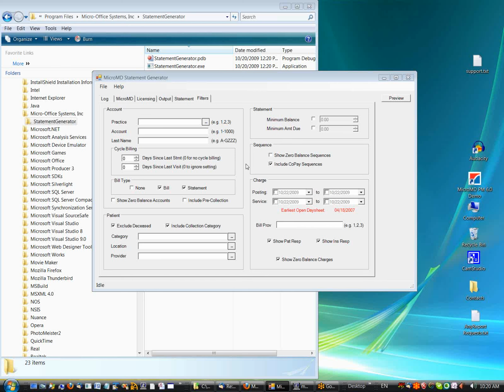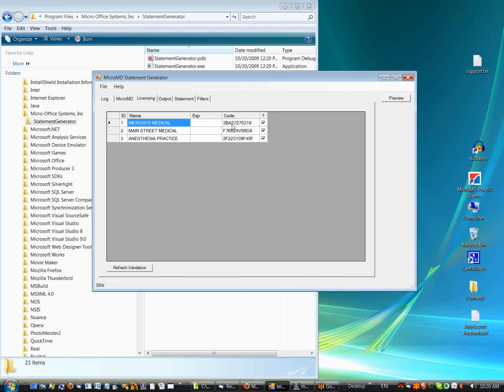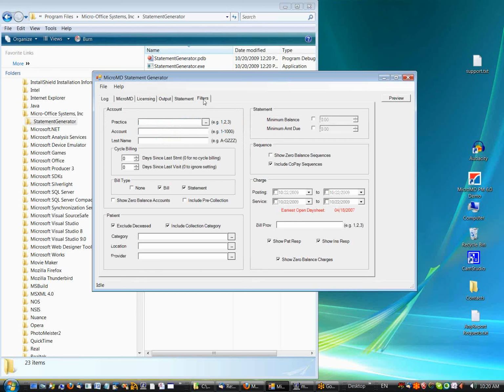Our statement generator for MicroMD is natively multi-practice. So at the account level, if your database is multi-practice, you can select which one or several or all of them, all practices which you would like to generate statements for. Keep in mind that on the licensing tab, you have to have a valid license code for each practice for which you want to generate your statements. So if you have 3 practices and you only have 1 valid license, it doesn't matter if you select 1, 2, and 3 for all practices, it will still only run against those practices which have valid licenses in the first place, and will ignore any others that are selected